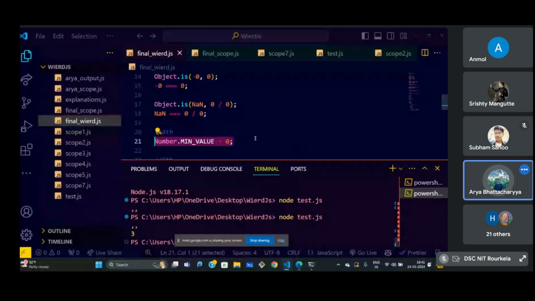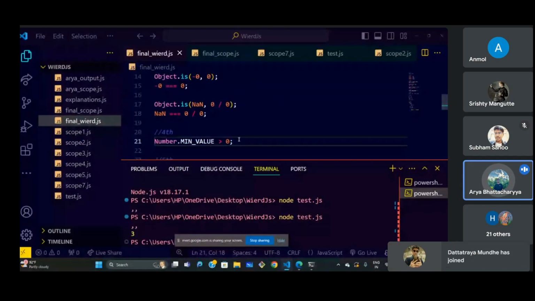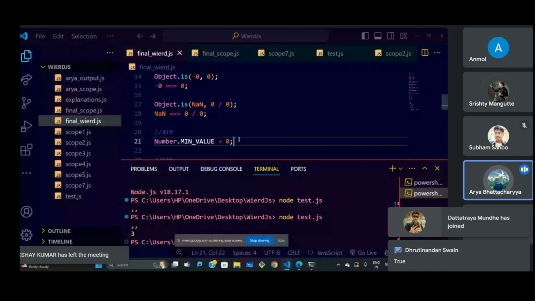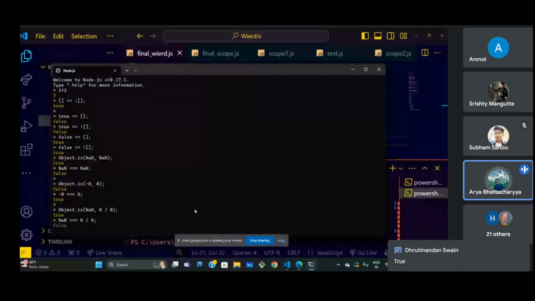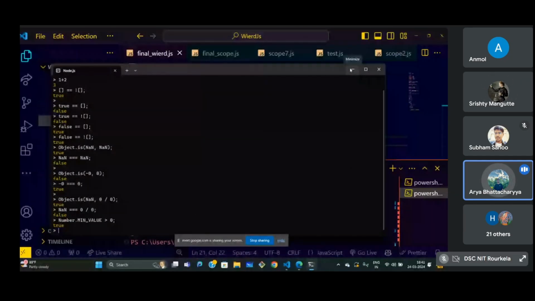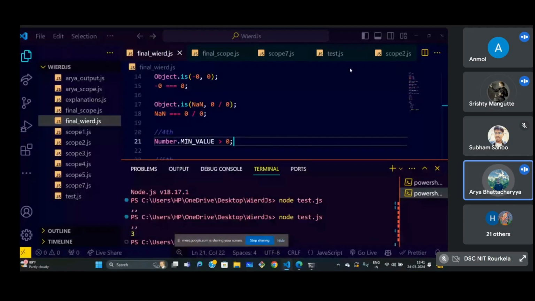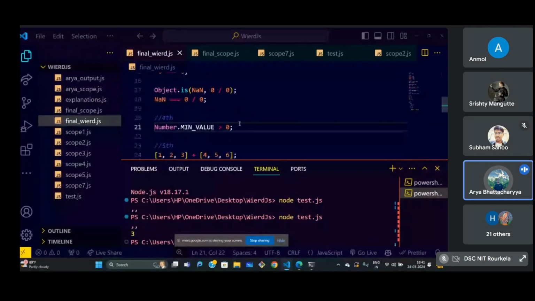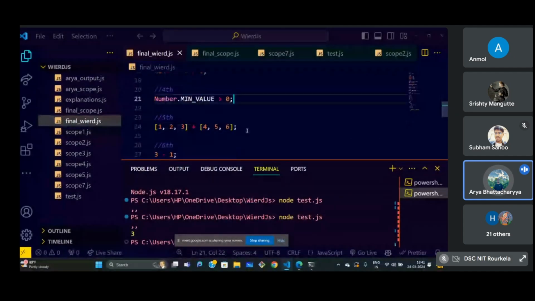Okay, let's check this out. MIN_VALUE returns the minimum floating point value we can have in any number system. So the minimum floating point decimal is of course greater than 0. In any case it is going to be greater than 0, so this will return true. That is the concept. So let's check this out. This is true, because it returns the minimum value that can ever be possible, which is approximately equal to 5 into 10 to the power minus 324. You can check that out or read the docs. We'll be providing the links, or the materials, in later slides.